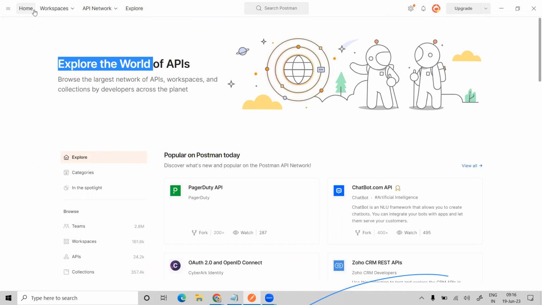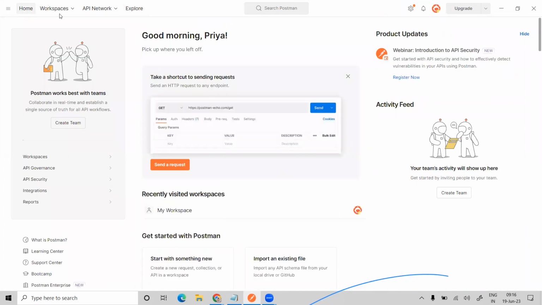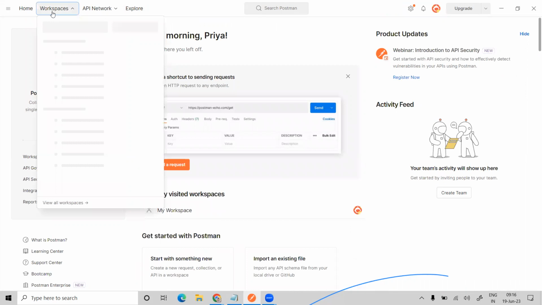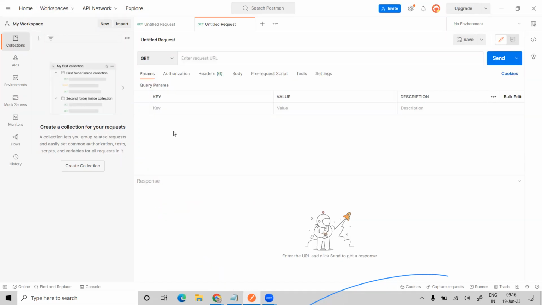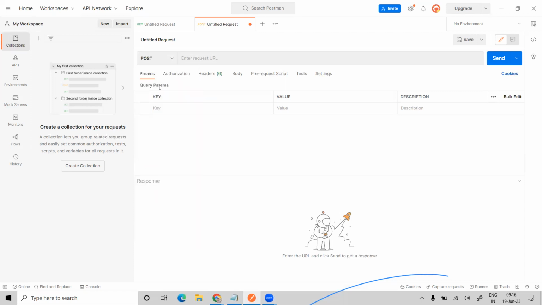Let me go to the home, and let me go to my workspace. Okay, so here, this is the one which we are going to select. So see here, this is the method. In Postman we have many methods, the first ones being get, post, put, patch, delete. So here we have all these things, right? If it is creating a record,